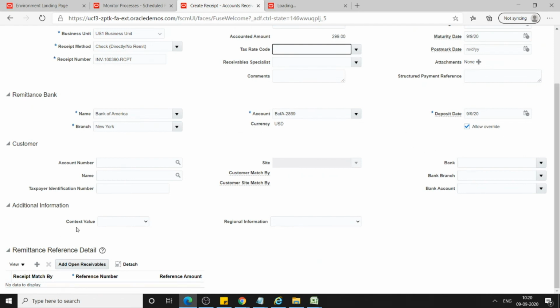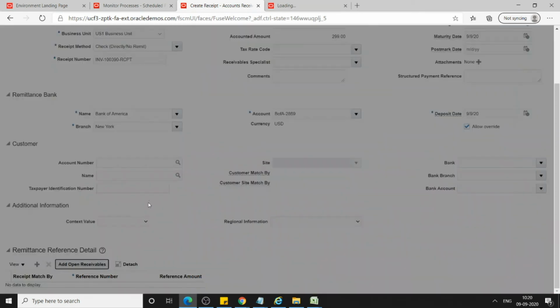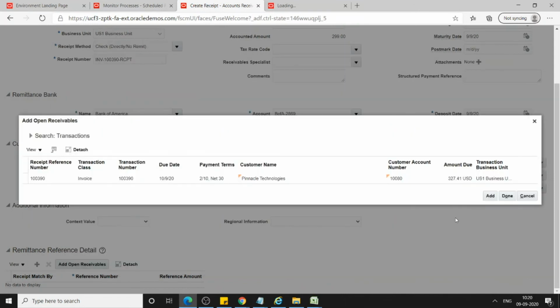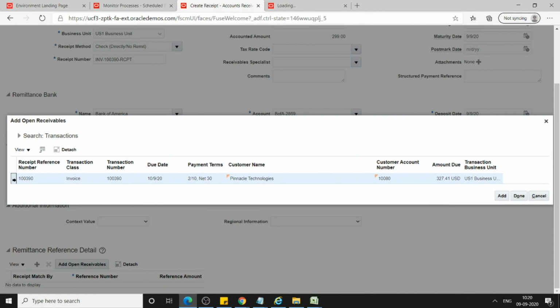So here what I will do is click on add open receivables. Okay, from here I'll enter my invoice number, which is 100390. Search for it. You select this particular line, and what is the amount?